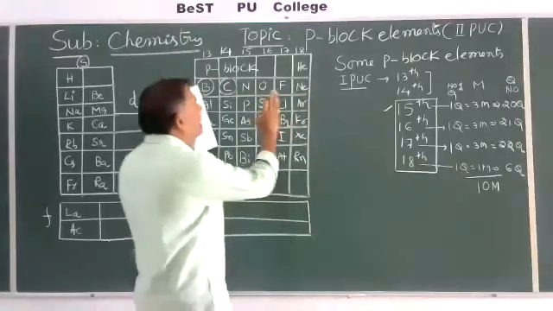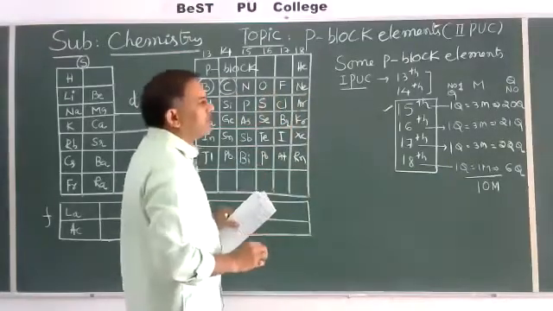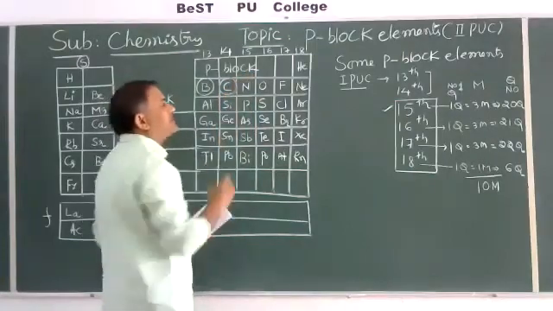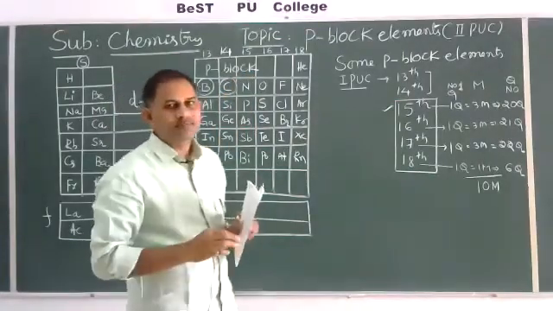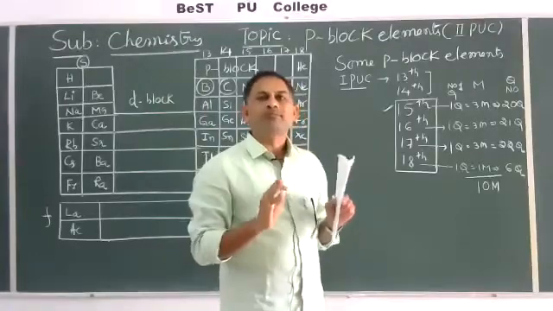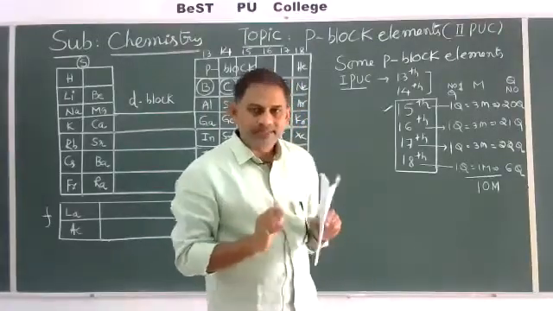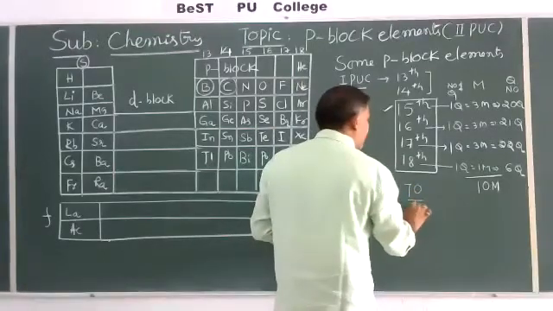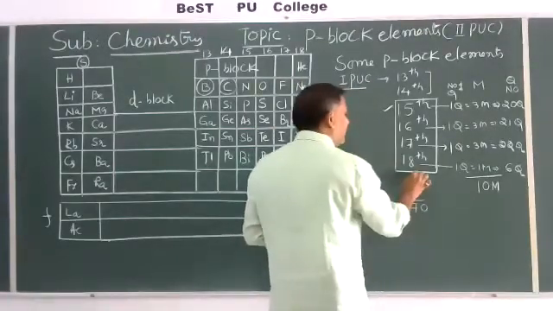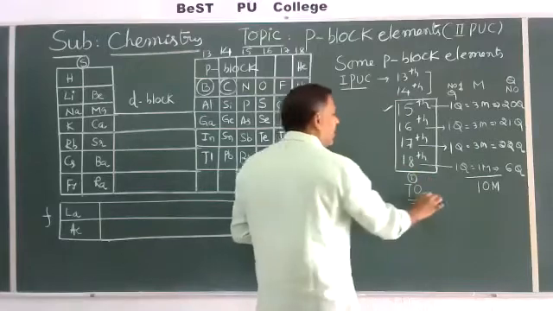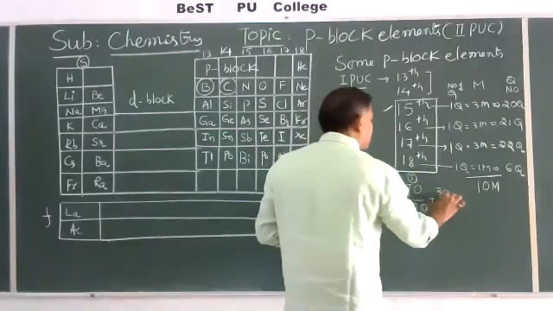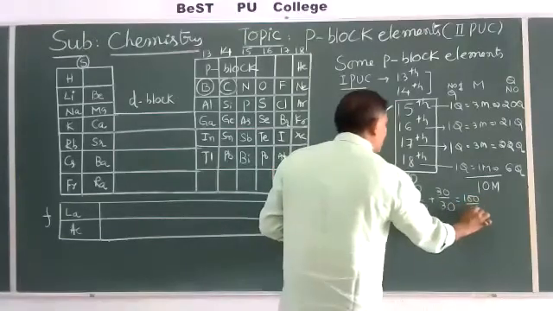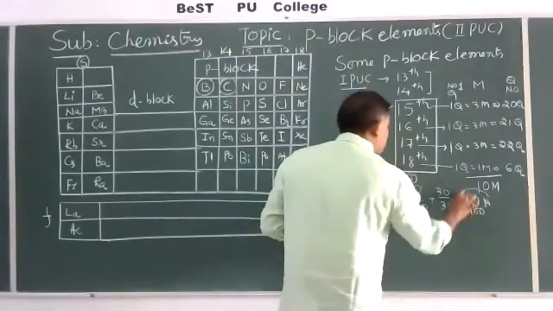So in this P block, in second year, 4 groups are there: 15, 16, 17, 18 groups. Those who are expecting 70 out of 70 in theory, and practicals 30 out of 30, so 100 out of 100 in PUC,